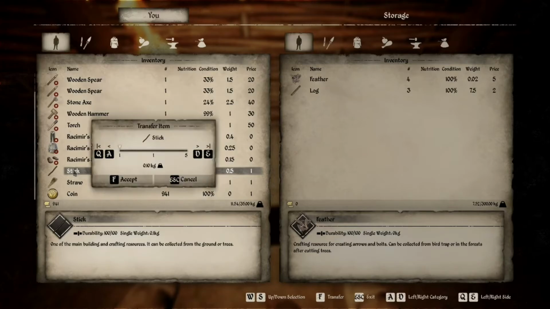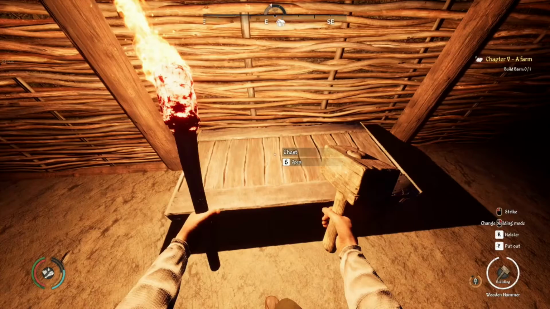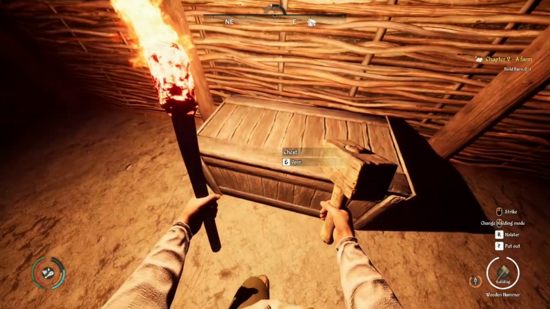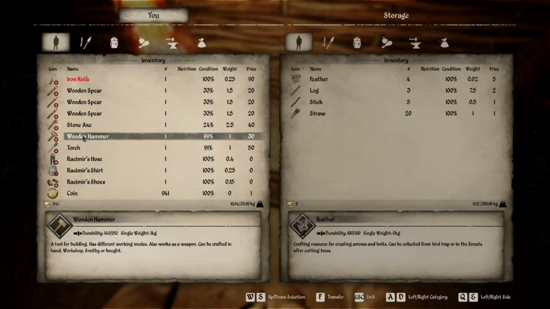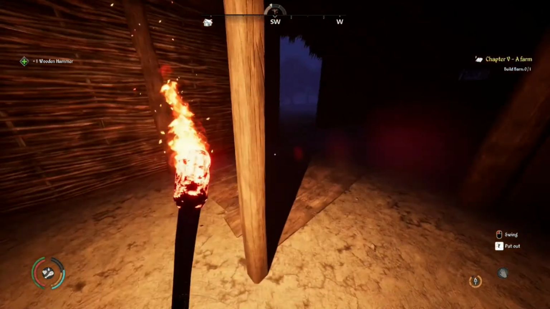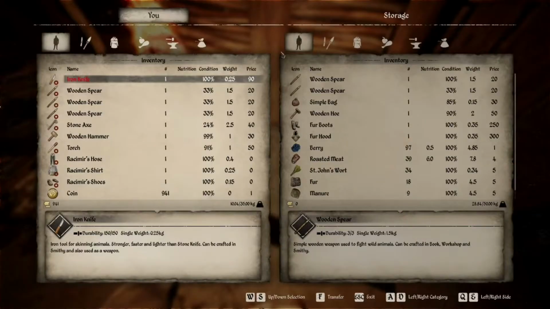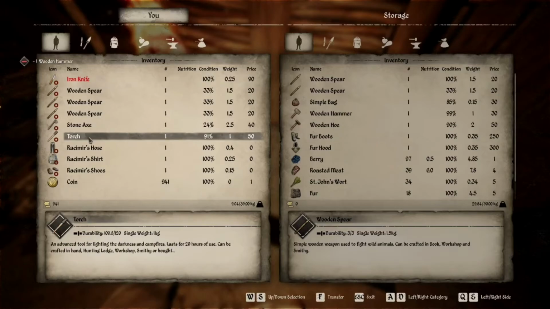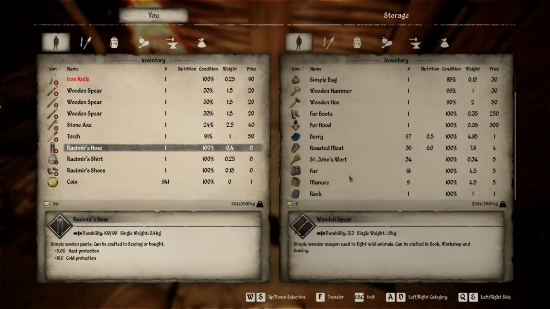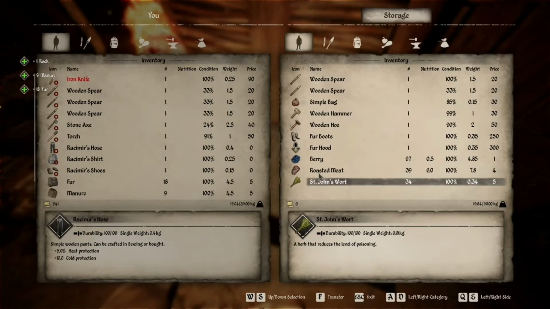Let's see, we'll throw the sticks in there and the straw. Sure, we'll throw all that stuff in there. That way it's not in our inventory. I'll actually put the hammer in here as well. No, I'm gonna keep the tools in my little hut. They don't take up a whole lot of weight right now. I think that's fine. But like this fur we can go put over there, manure, rock, and then we can keep some foods and stuff in here. That way we keep our stuff kind of low